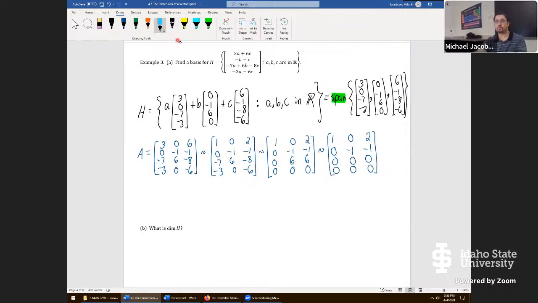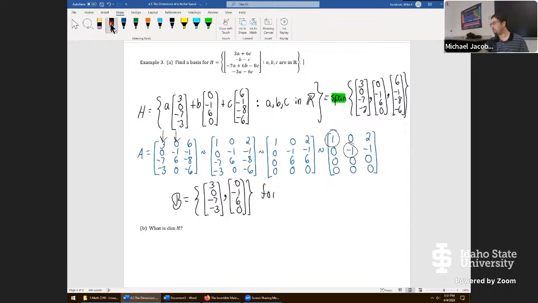But now we have to remind ourselves, what did we want out of all of this? We wanted the pivot columns. There's a pivot here and here, and that means this column and this column, or if you're looking up here, those 2 columns form the basis. Let's take that back. B equals 3, 0, -7, -3, 0, -1, 6, 0, forms a basis